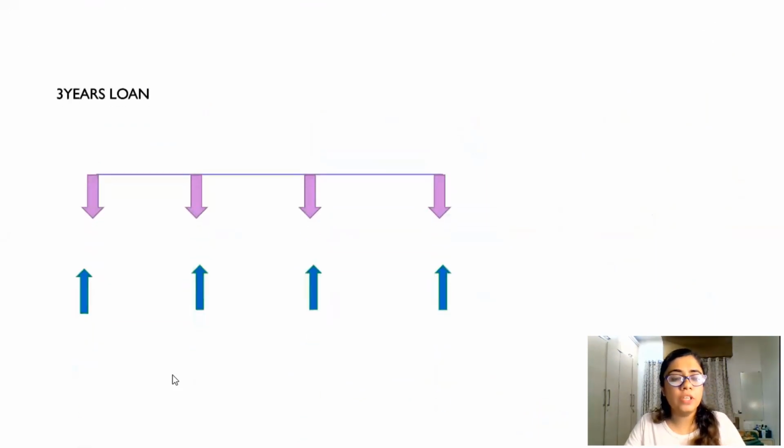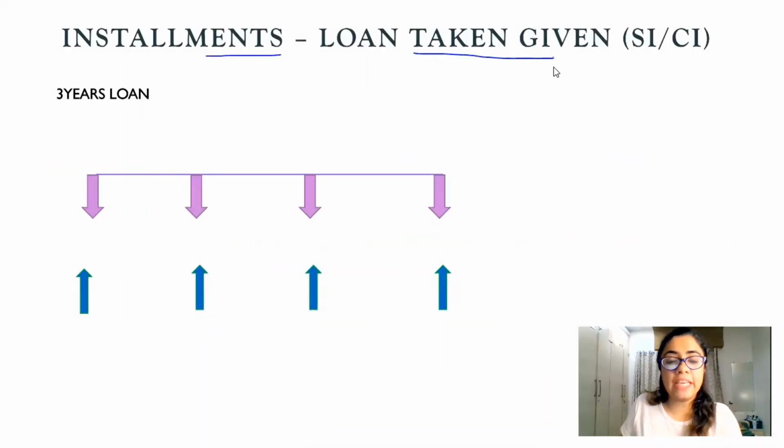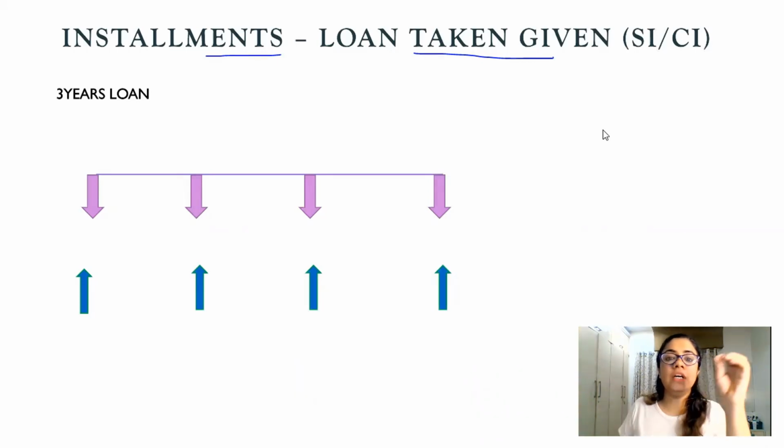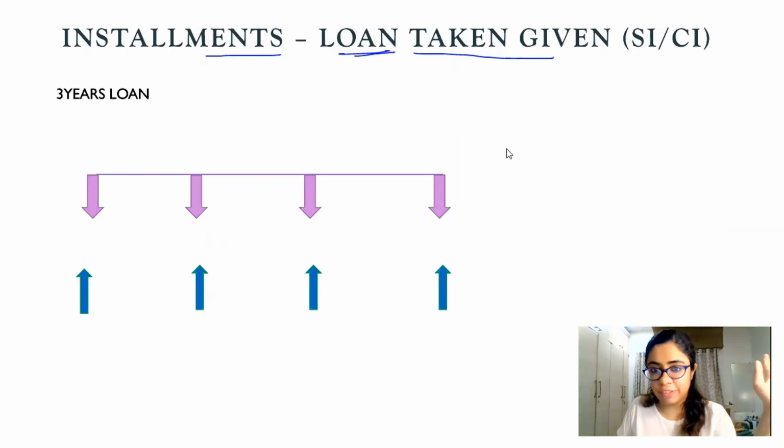Now, moving on to the next method. Here the loan taken is given. Now in the previous sums, in the previous concept, your amount due was given. So the total money, which is principal plus the interest which you were supposed to pay, that was your amount due. Here, only the principal value is given. Okay, loan taken, what does it mean? Loan taken is the pure principal value or the pure present value which is given to you. Okay, and it could be given at simple interest, it could be given at compound interest. You have to calculate your installment value.